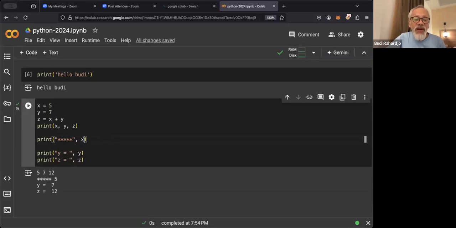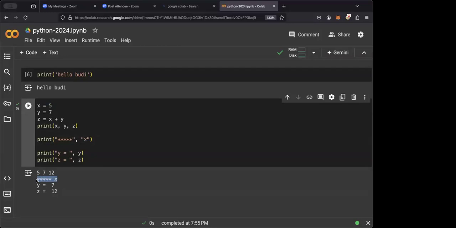At this point X is equal to 5, right? So it will print the value of X, not X. But if you put quotes here, it will print X instead of the value 5. Oh, I see, so we use it only for the alphabet one, not the value.